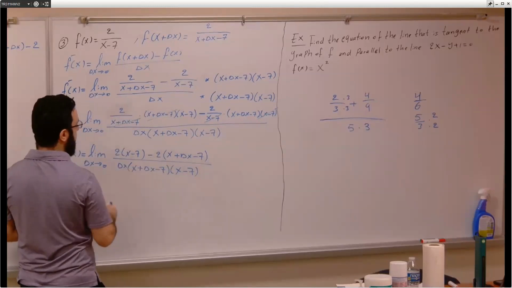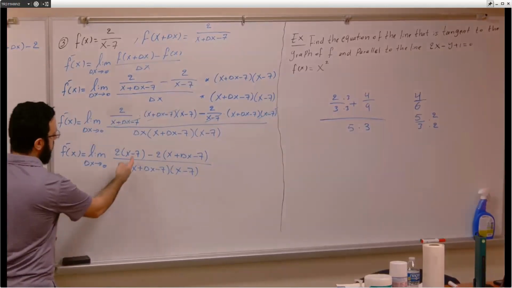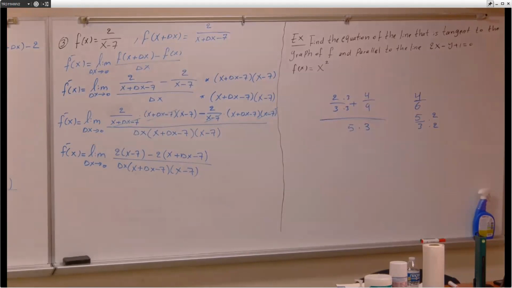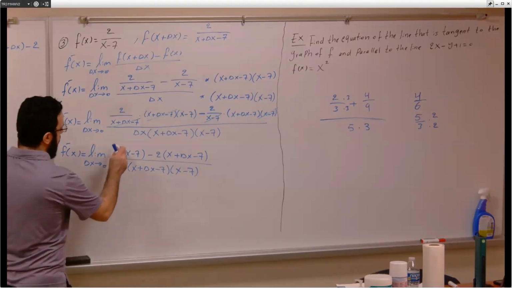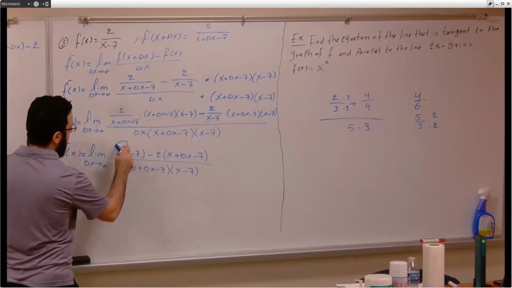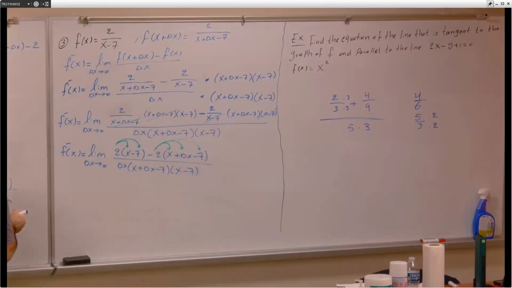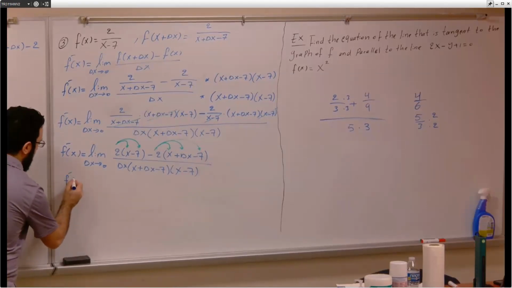We have minus here, so we can't cancel this one with this one, because we have minus between the two terms. So next step, on the top, go ahead and distribute here and here. Then you're going to cancel the large terms. That means f prime of x is going to be equal to